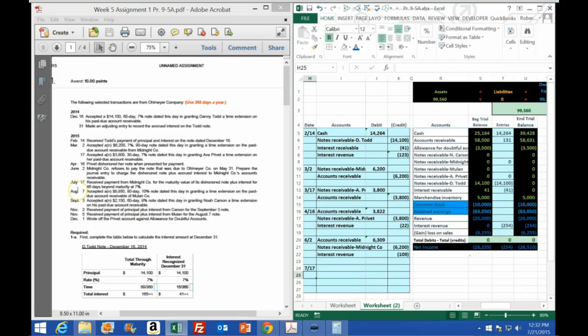And then finally on July 17th, received payment from Midnight Company for the maturity value of the dishonored note plus interest for 46 days beyond the maturity date. So, whew, they paid us. All right, so that means that we got the money now. So cash